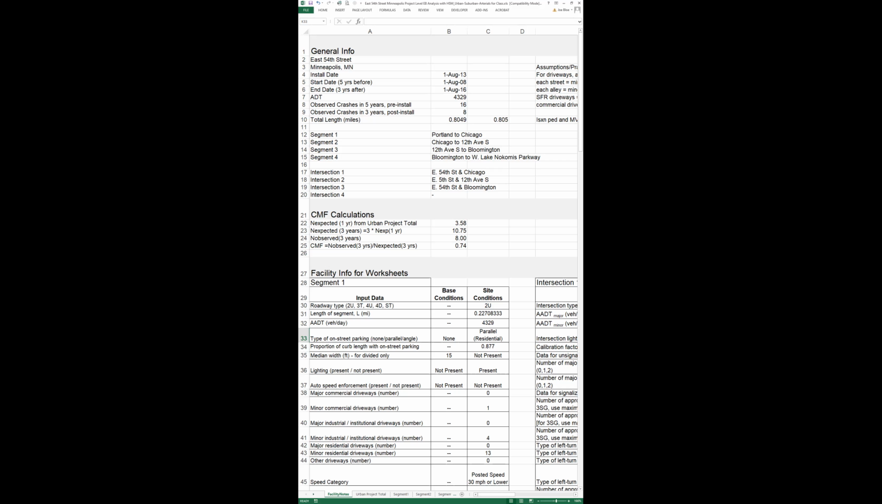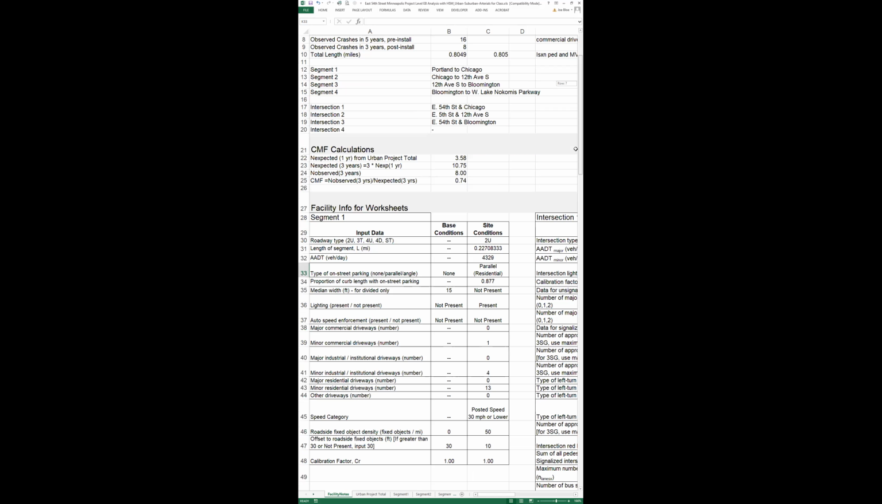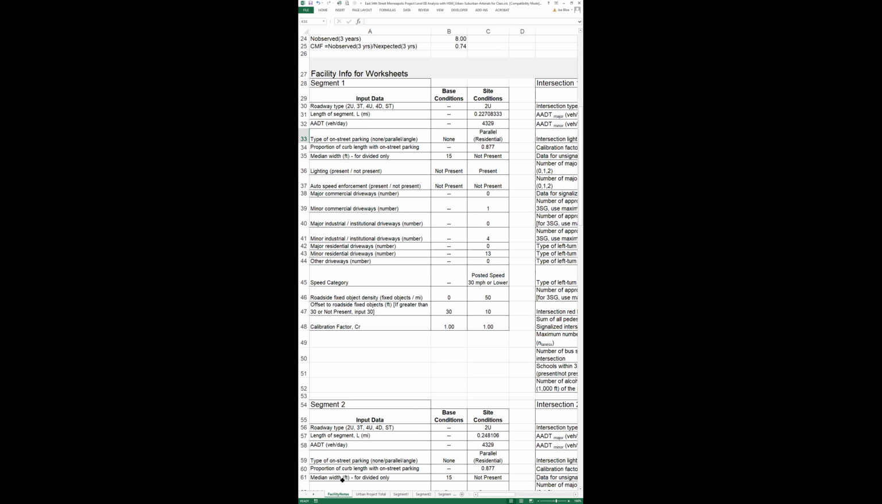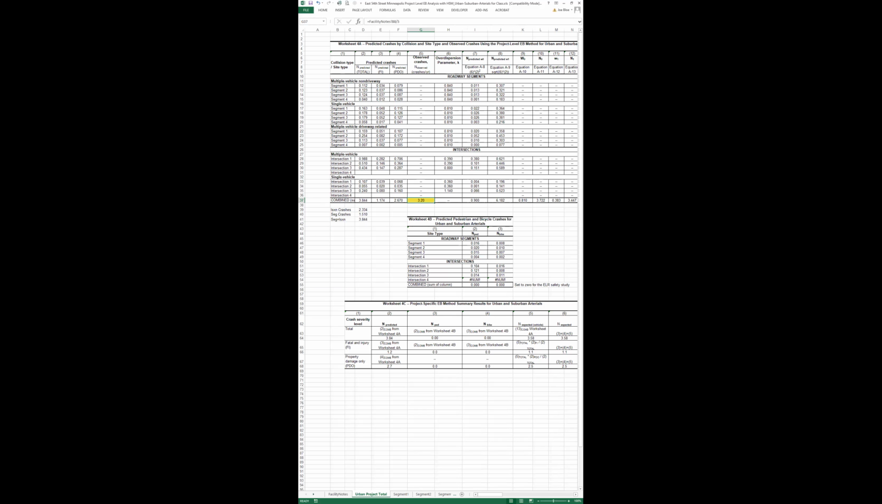So what I wanted to show on this sheet was the segment and intersection data. And before I climb into this, let's do an overview of what this worksheet is. My tabs are in a little bit different order. So within this worksheet, we have the urban project total. This is the summary sheet